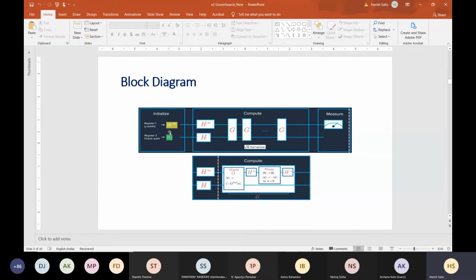Okay. And for that, gates and qubit measurement, all gates are available. This measurement and Hadamards and all are available. Simply just need to focus here on the Oracle. Okay. And what you want here is that whenever the desired thing comes, it should change the sign of the desired state. Okay. And at the end, what this Grover does is it increases the amplitude of the desired state. As we have seen in the